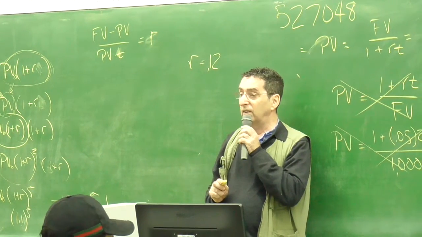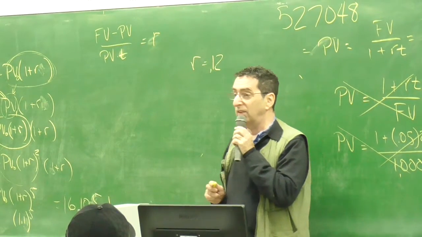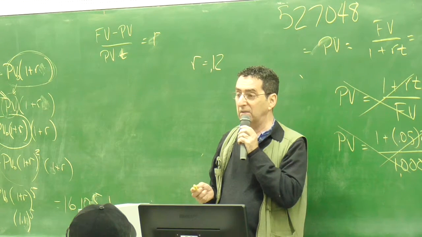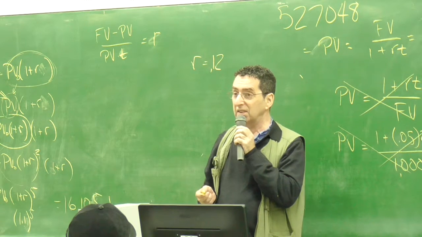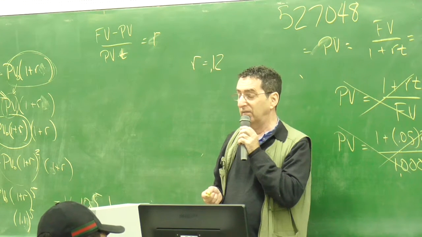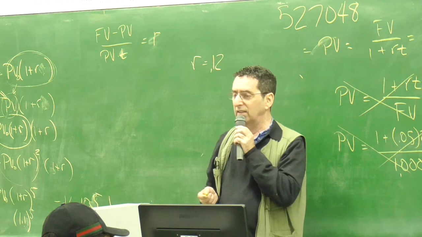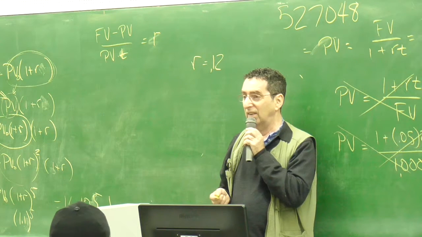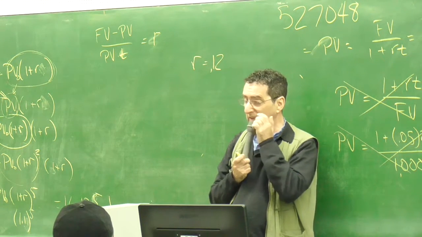Or I'll give you 6% interest every half year. I'll give you 12% per year versus 6% every half year. So at first thought, you say it doesn't make any difference. Okay, either way it's the same thing. Right? But if you think about it a little bit more carefully,